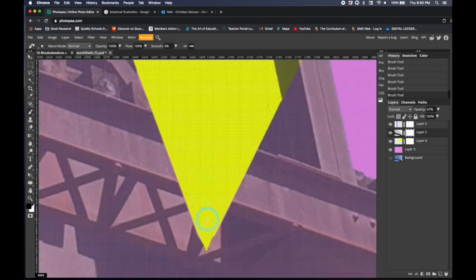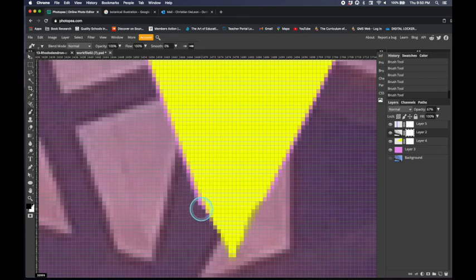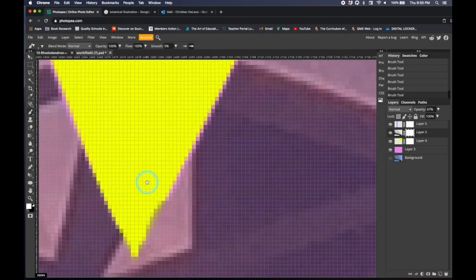Maybe fine tune that a bit. Now I'm gonna fix this area. It's a little bit too pink. So I'm gonna switch my color to white by hitting X. And that would give me my reveal again to reveal and paint back in